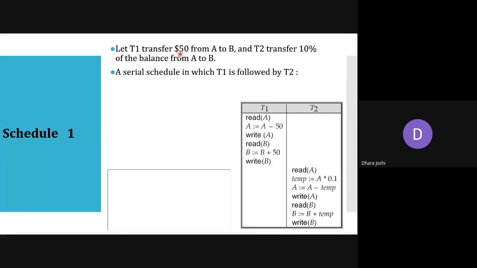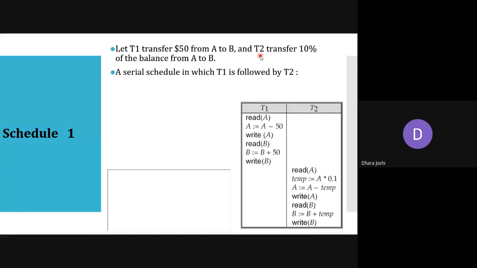It will transfer $50 from account A to account B. So first it will read the balance of account A, then $50 will be deducted from account A, then it will write the updated balance for account A. Next, what does it need to do? $50 is now deducted from A, so it should be added into B. So it will read B, add this 50 into B's account and update its value in the database. So it will write B.